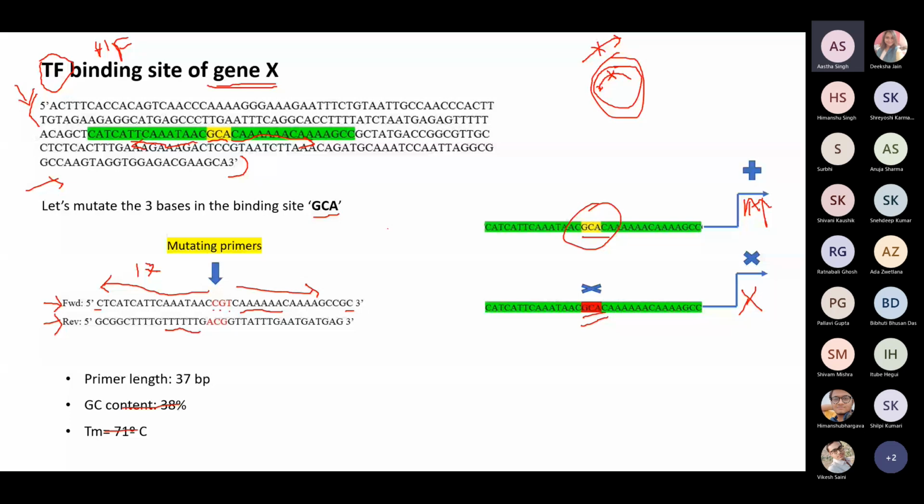Try to keep the GC content to a minimum of 40%. The Tm will rise to 72 degrees, no problem. And the primer length, try to keep it between 15 to 45. I mean, sorry, under 45 nucleotides long. So there you go. This is very simple, not very difficult, but you need to keep in mind that this